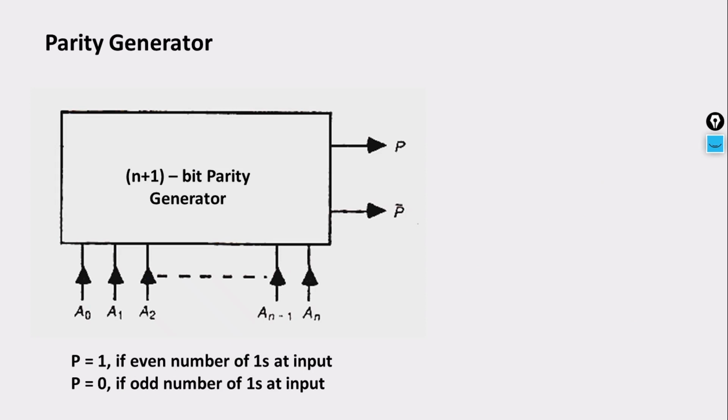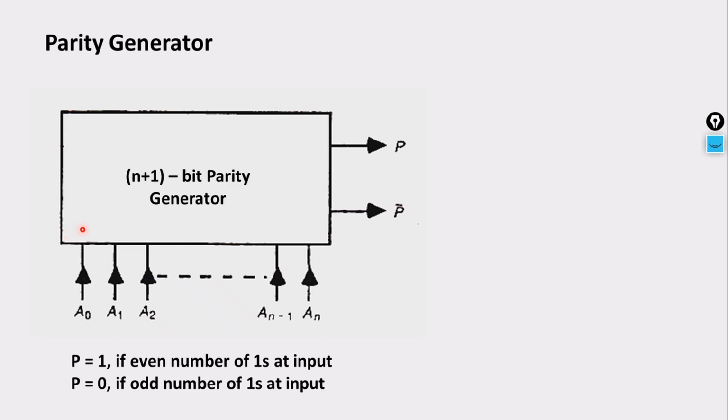Now let us take a look at our parity generator. Basically we need to design an n plus 1 bit parity generator. In both of the examples we are going to use the top down approach. So we will have a complex design, we divide it into sub modules, and from sub modules we make use of the leaf cells. Based on that we come up with how to integrate all those things, and then we come up with this black box.